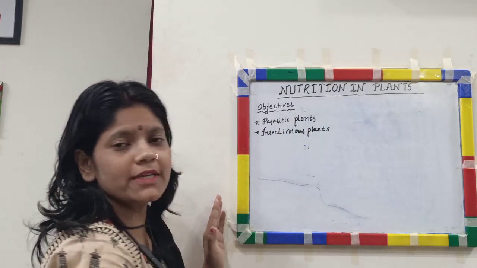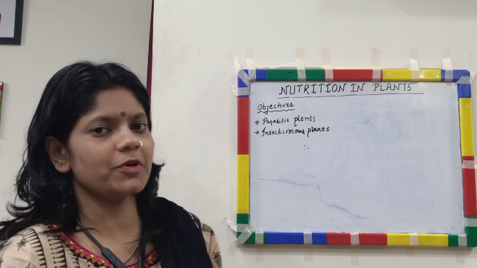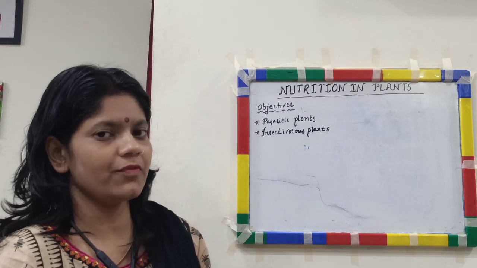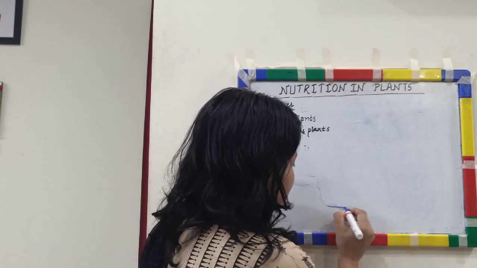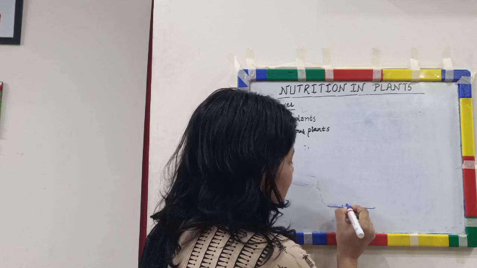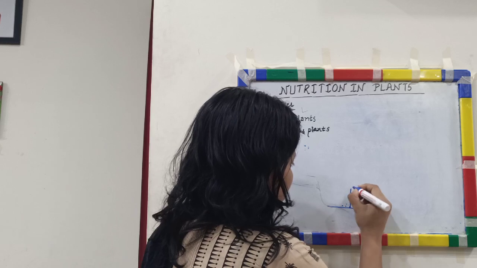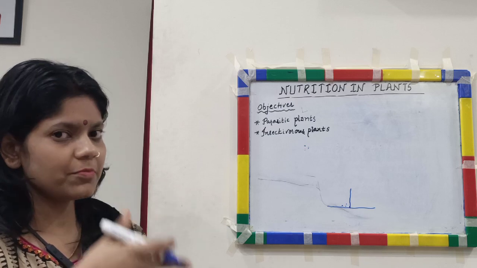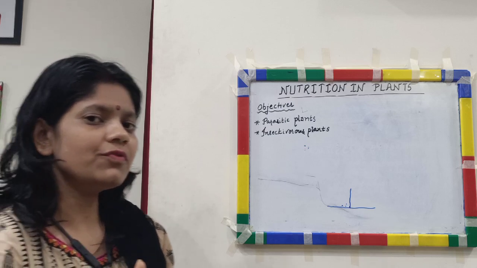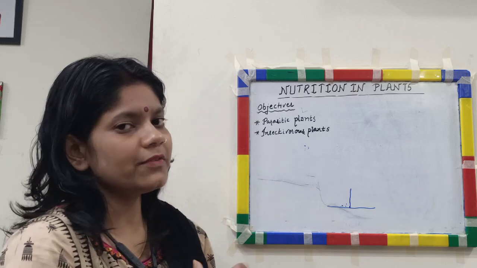Now we will see how a Cuscuta plant derives nutrition from a host plant. Cuscuta is like a normal angiospermic plant, that is a flowering plant. So it germinates from a seed. Suppose this is the soil and these are the seeds of Cuscuta. So the plant germinates through it. After germination, it searches for the host through which it may derive its nutrition. So within 4 to 5 days of germination, it must find its host. Otherwise, this plant would die.